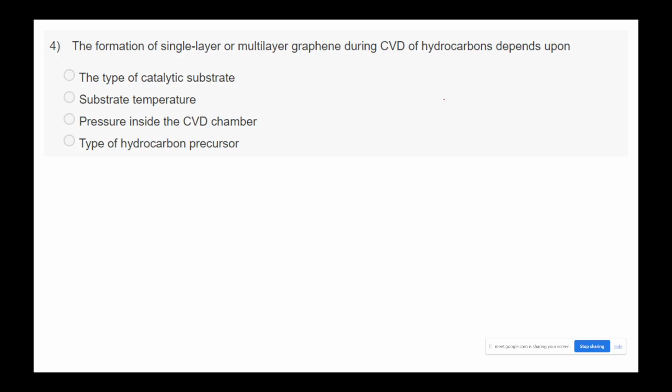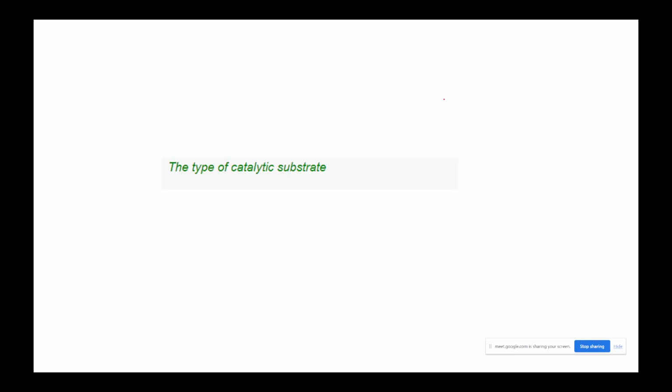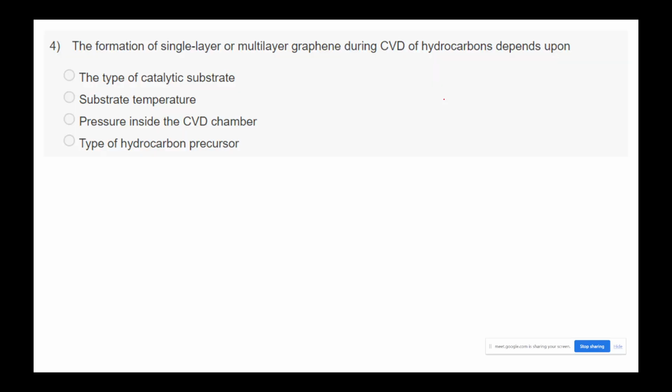The formation of single layer or multi-layer graphene during CVD of hydrocarbons depends on the type of catalytic substrate, temperature, pressure inside the CVD chamber, and type of hydrocarbon precursors. So this I have just discussed. If you know this, then it is very simple. The type of catalytic substrate: what type of catalytic substrate you are using is very important. That can tell you whether it could be a multi-layer or single layer graphene,